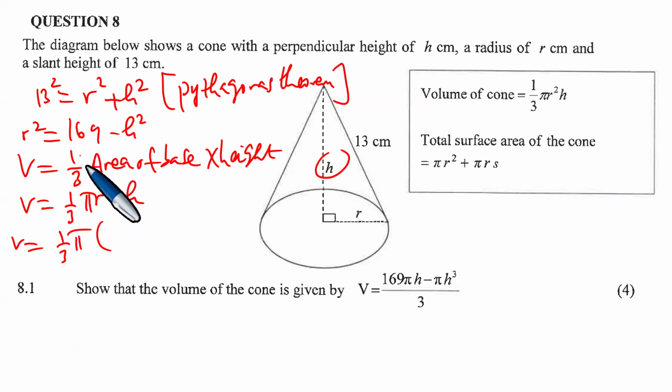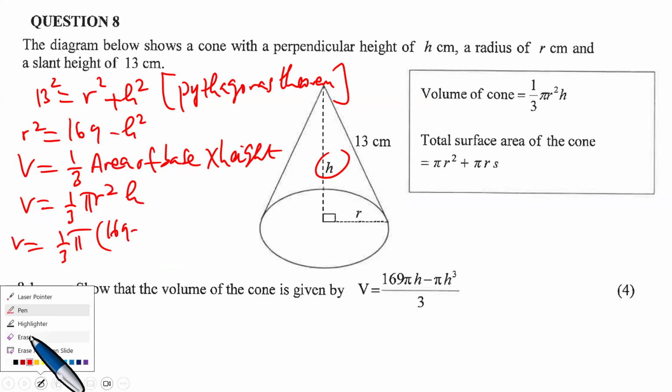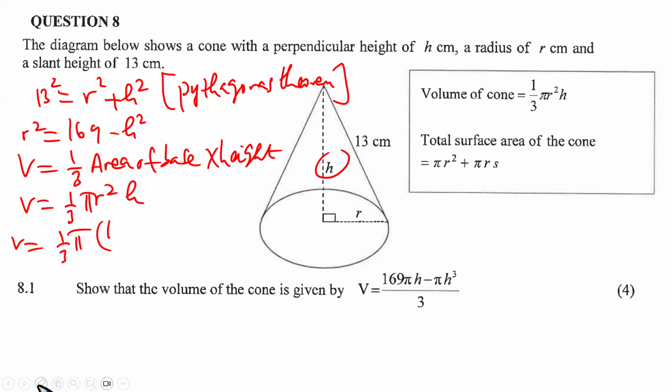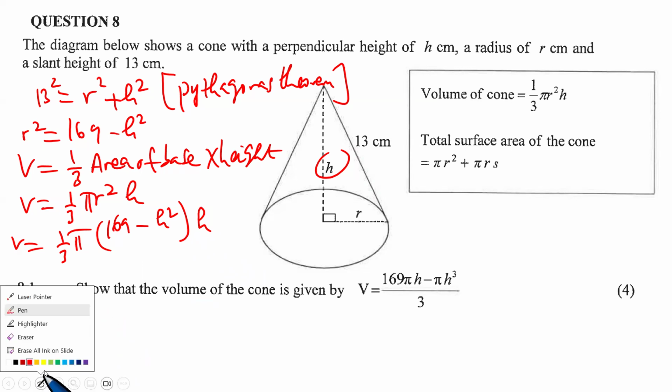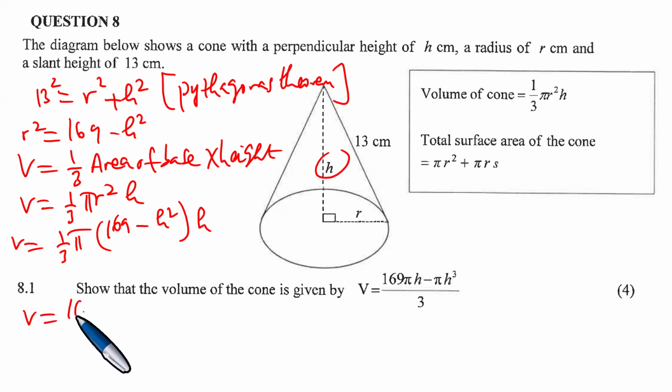The r squared is exactly what we got above, 169 minus h squared. It brings about the justification for why we did what we did. Put h here. So this is actually the same as pi. Let's order our numbers and coefficients properly so that we have 169 pi h